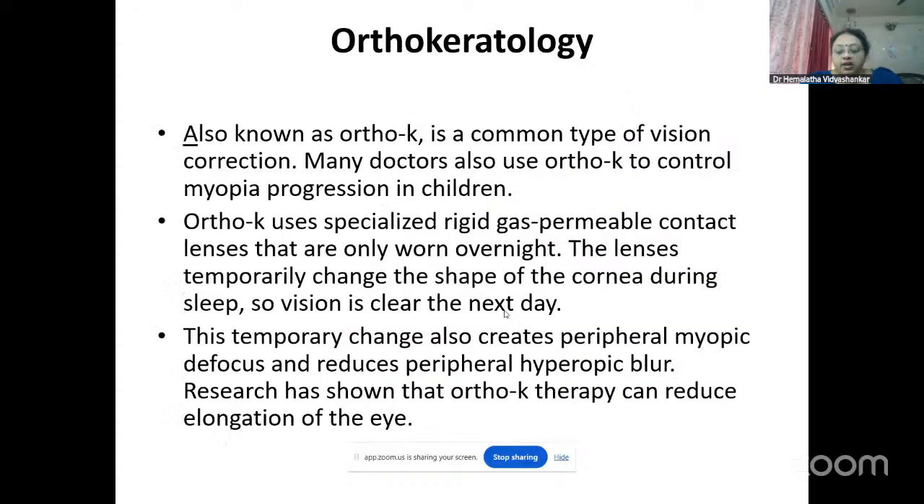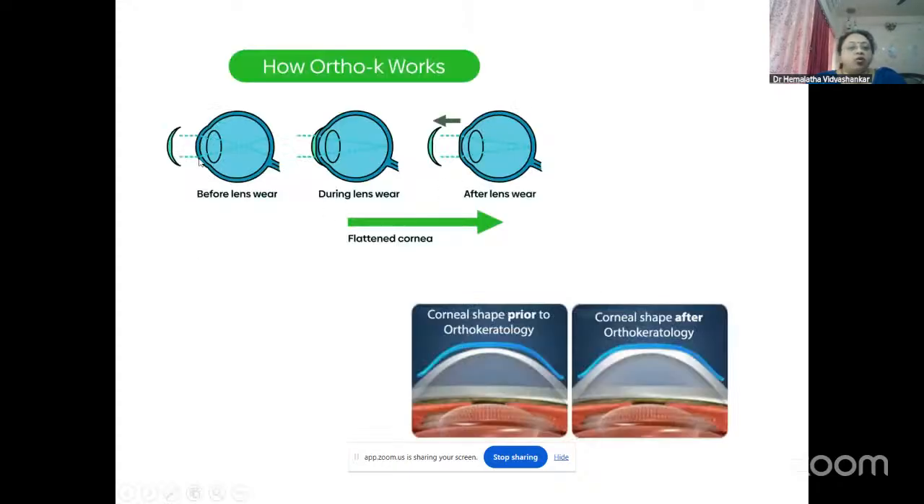And another technology called ortho-K is where we make the child wear rigid gas permeable contact lenses throughout the day. Sometimes it is worn overnight also. Now these lenses are worn all the time. If you see before the lens, the cornea is a little steep. Once these rigid gas permeable lenses are prescribed, it flattens the cornea. So over a period of time, the cornea gets flattened. When the cornea gets flattened, the number automatically